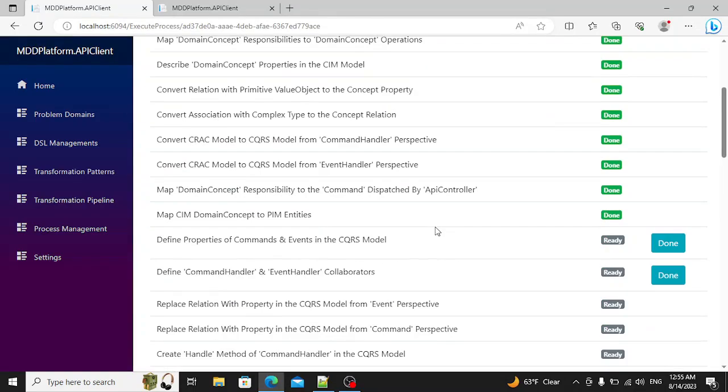Next, we encounter another manual task where we need to enter the commands and events attributes of the CQRS model. I'll cover this part in a separate video,